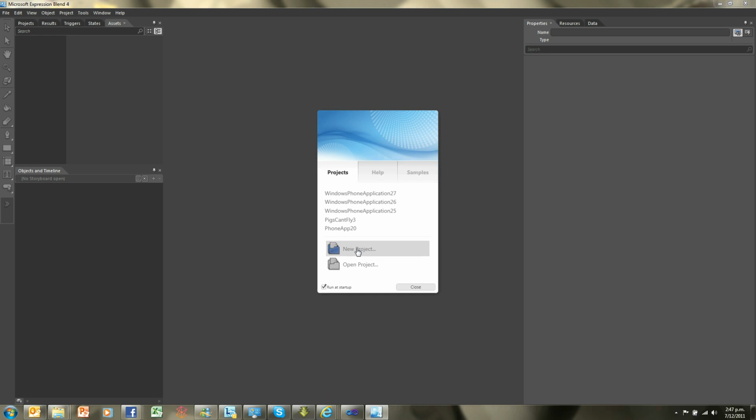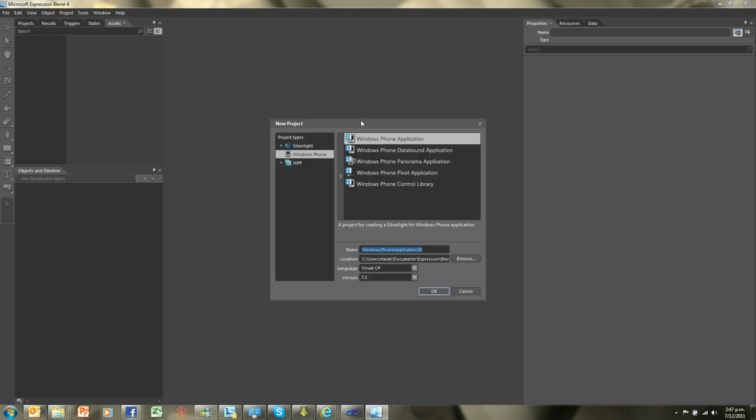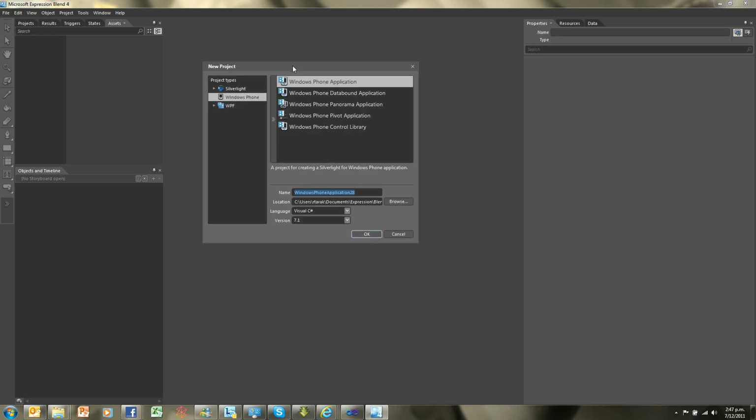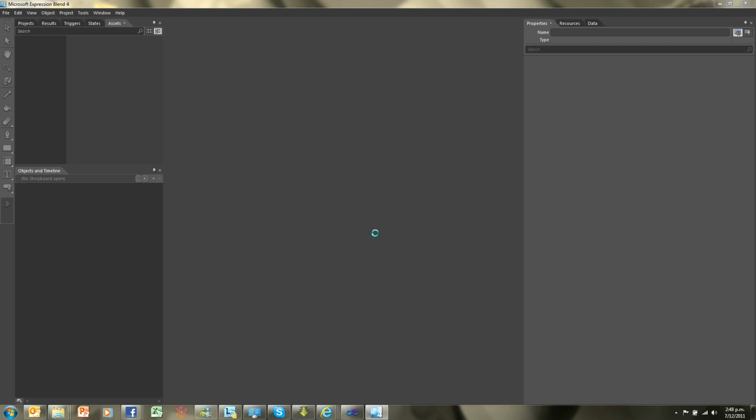And here I'm going to go New Project and start working on my first Windows Phone application. So I'll give it a name, and this time I'll go with something different. Say the pigs. Let's just make it one word. And you'll notice I'm targeting C# 7.1, which is the latest version of the tool, and the libraries that I've downloaded target 7.1. If we go OK,